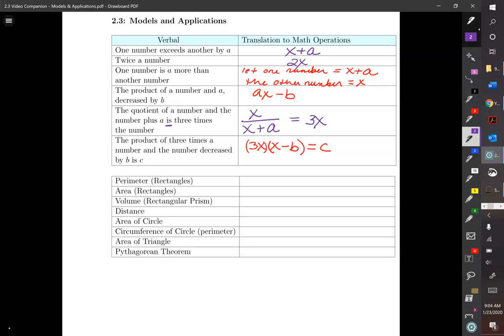We have perimeter, area, volume, distance, area of a circle, circumference of a circle, area of a triangle, and the Pythagorean theorem. Also write the units or what they might look like if they're just linear units, square units, and things like that. Because when you have variables involved and we're just leaving it in terms of variables, you want to have that notated. So just pause the video and fill that in, and then I'll go over it really quickly. Again, that should be a review, so I'm just going to basically fill that in, but you might want to have that